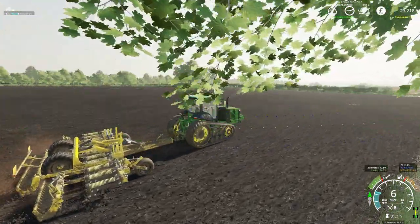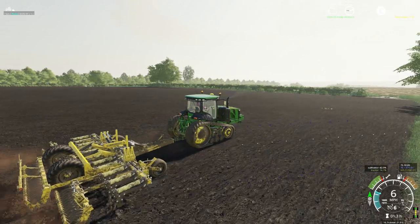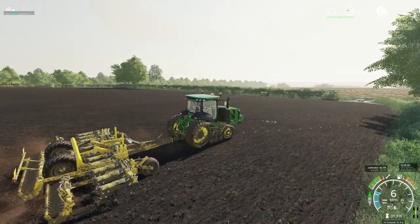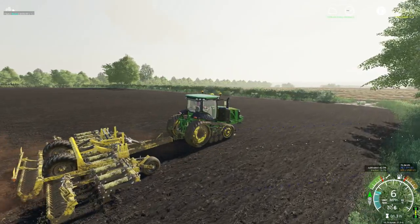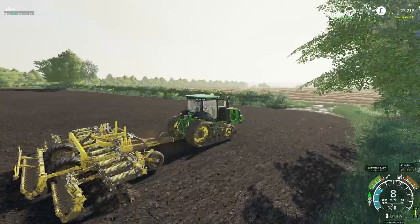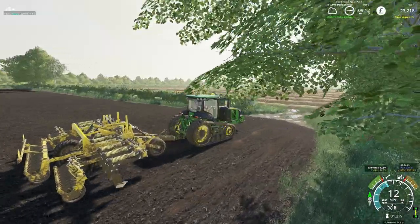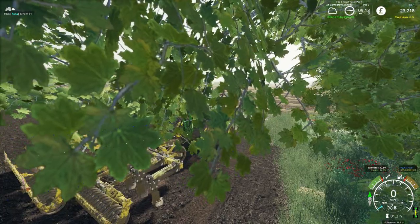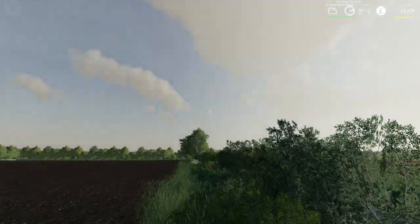Here we are, coming to the end. We shall leave the tractor in this gateway because this will be the next field it goes into. It's got enough fuel, so we shall lift it up. So all that's left to say now, as we jump off there and run back to the farm to pick up our truck to go to the wheat field,